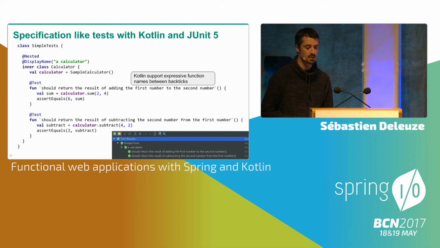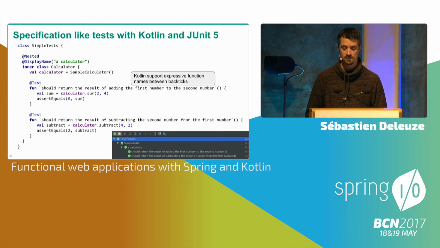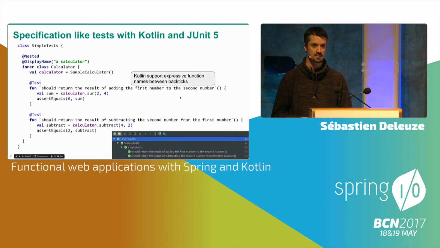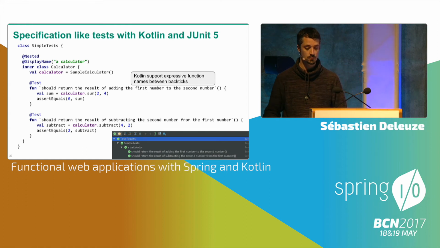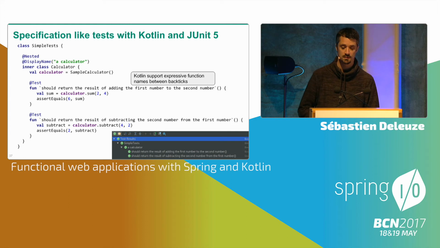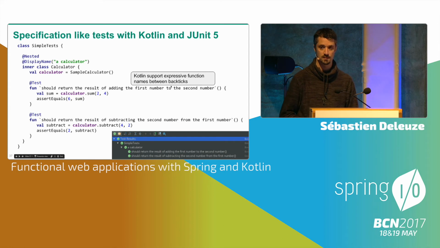Another thing that you can do is write specification-like tests with Kotlin and JUnit 5. There are some Kotlin-specific frameworks for testing, like Spek, for example. But by just using the Kotlin language, you are able to write expressive function names between backticks, like that. So that makes your test names much more explicit. And JUnit 5 allows adding nested classes that allow you to basically write this kind of test. And when you run them, you have a nice specification-like result, and that reads very well and that produces